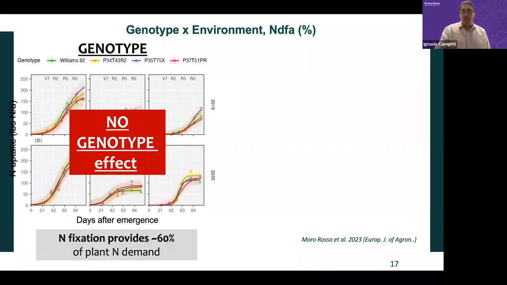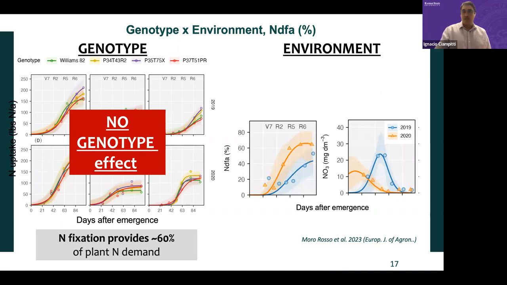What we are seeing all the time is that most of the fixation changes with the soil type and with environments. And here is an example, right? It's an example showing what happens to fixation in different years, and you will see that it's never the same. In many situations, it could be a linear phase, increasing during the season. In some situations, it's more like a plateau. But in many cases, it really depends on the amount of nitrogen coming from the soil.